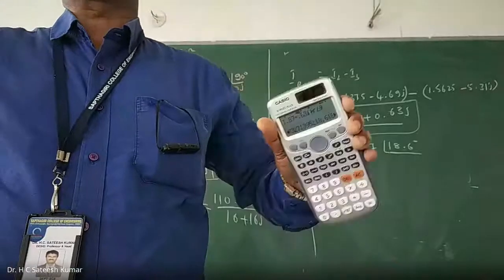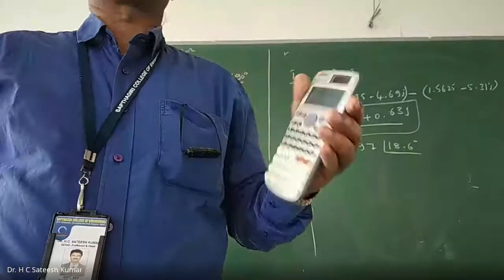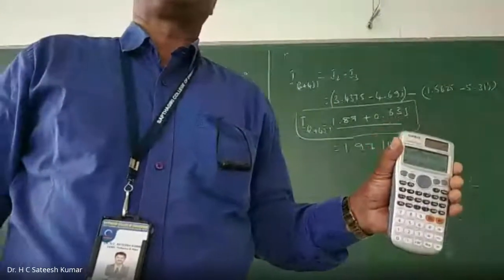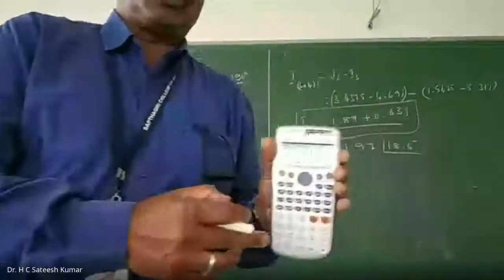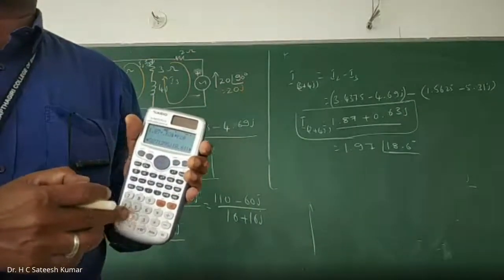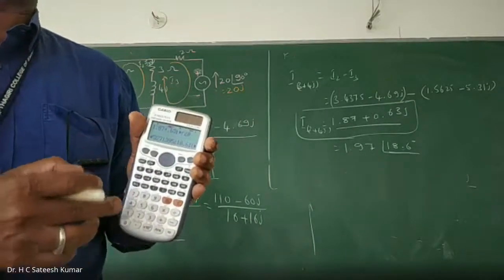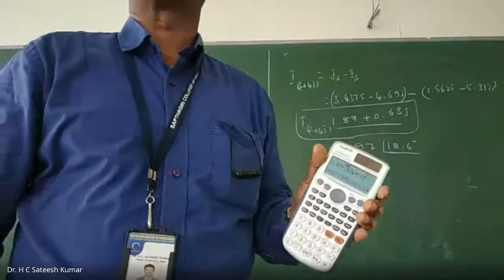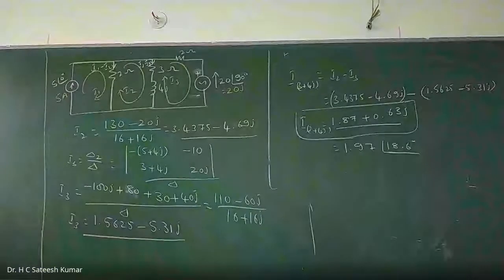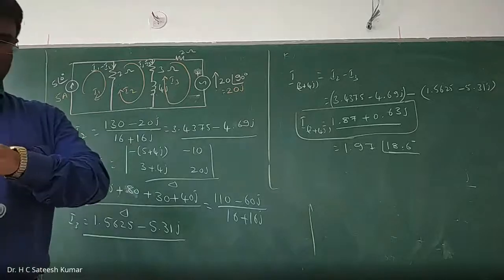Sometimes they will expect you to give the magnitude and polar quantities. You should be able to do it with just one button. Go to complex in this one; above the 2 button you can read it in the calculator. Press it and you get it in the complex mode. So that's how we should solve the problem. This is an examination problem from one of the papers. Like this, they can ask any kind of problem.